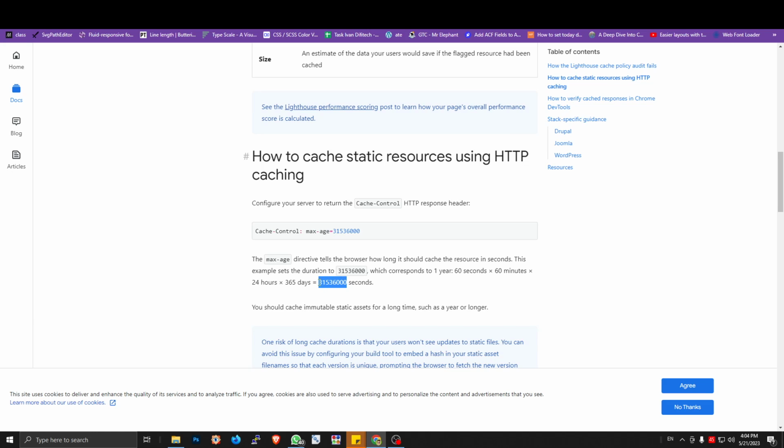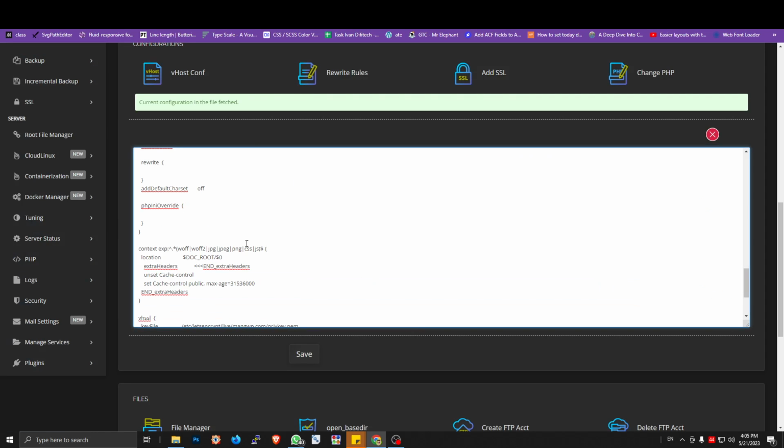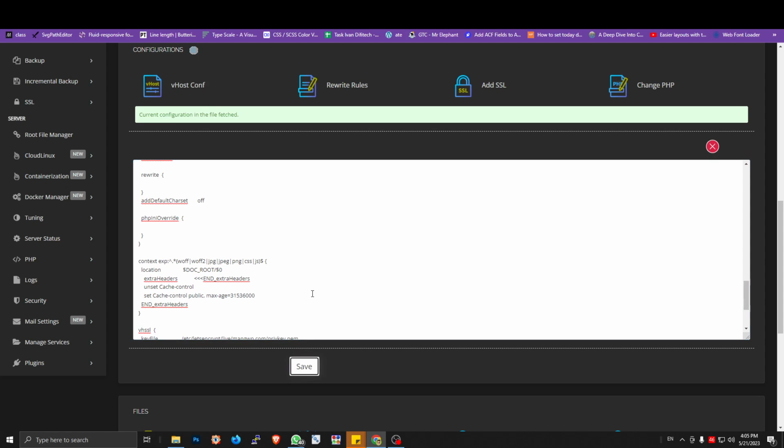So I'm going to set this, which is 31 million seconds. Just use this, go to our virtual host configuration, paste it, and then save it.